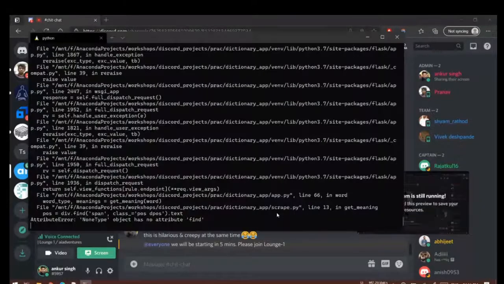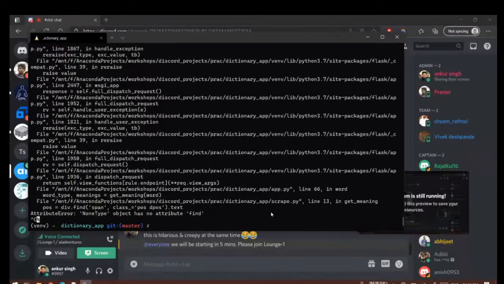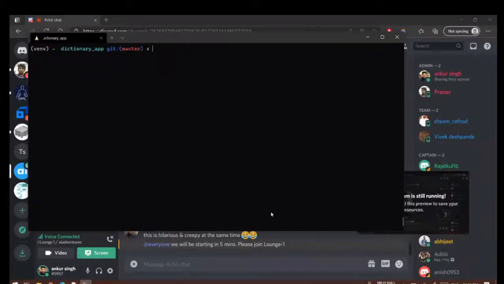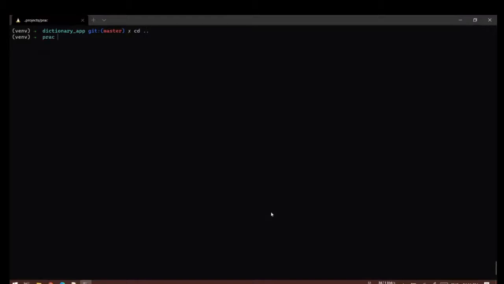So I'll close this app. I'll close the server here, and I'll clear the screen. I'll create a new folder. I'll say mkdir dictionary, and now you can see the directory, or the folder, is empty.